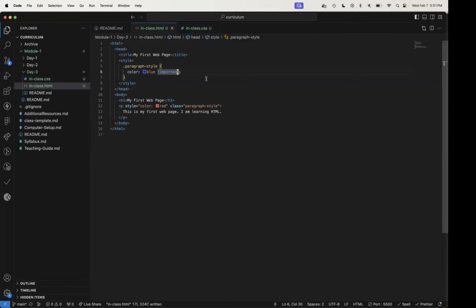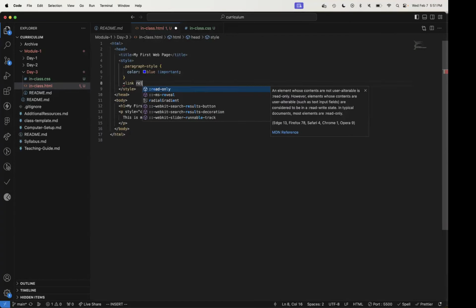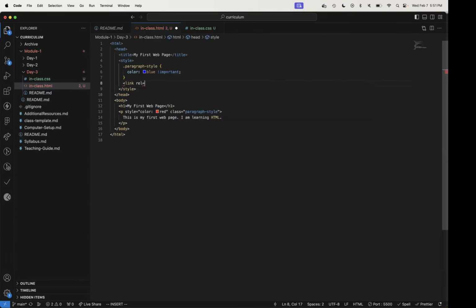So you would take the, inside style, you put a link element, and then you put the attribute REL for relationship, and then you just put the file name in there. I think something like that. Yeah, it is something like that. So there's a link, and then it's like,